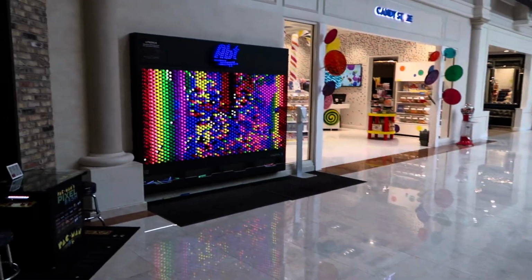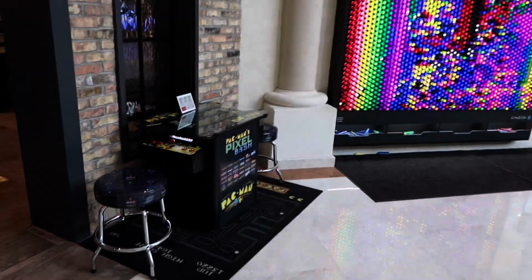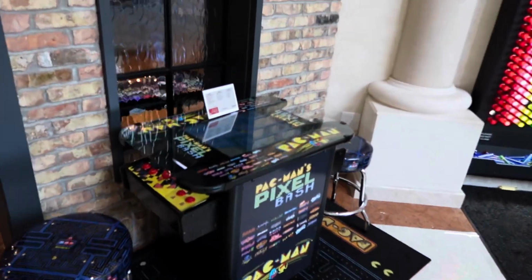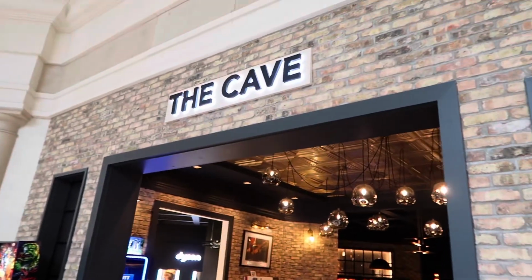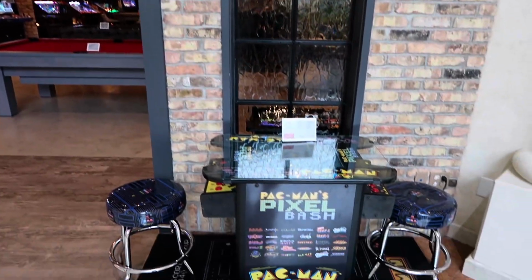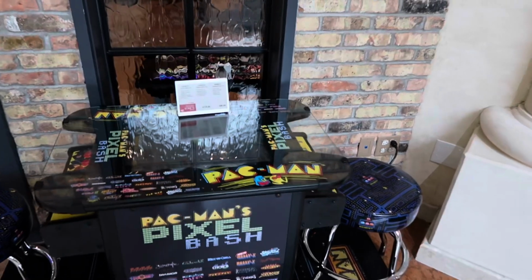Really special place. They do have a Pac-Man Pixel Bash, and you may have remembered, if you've seen the prior video, that when we came here in the cave and saw some of these games, arcades,